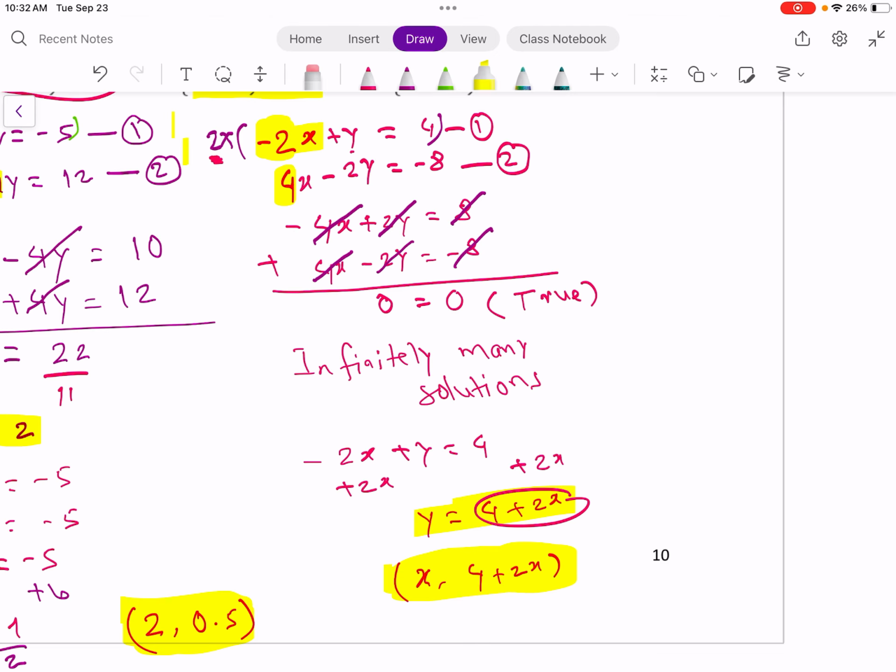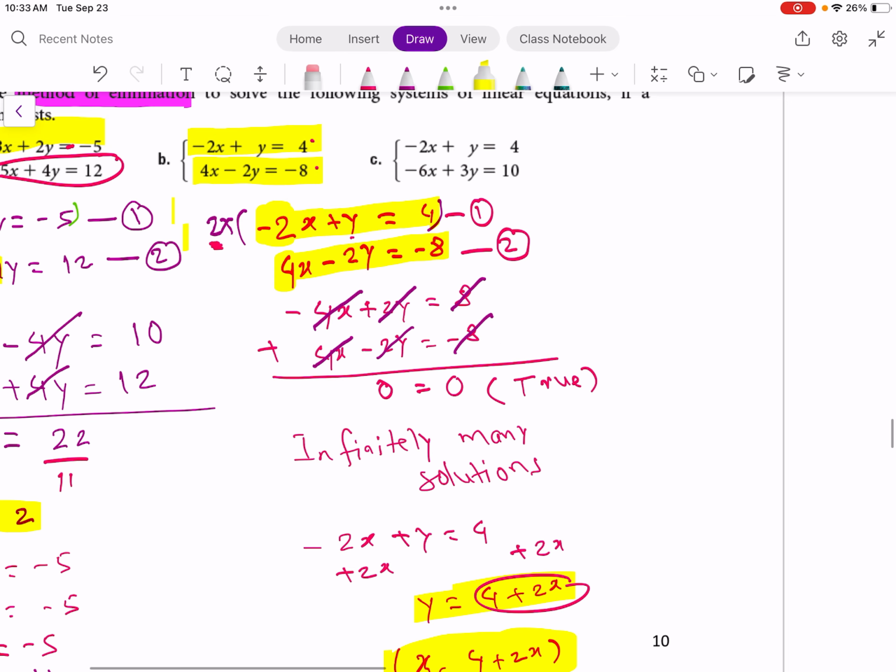Now if we graph these two equations, what do we get? We get exactly the same graph. If you graph this line and this line, we get exactly the same graph. So if you get two same numbers equal to each other, then we have infinitely many solutions. Now in number C,